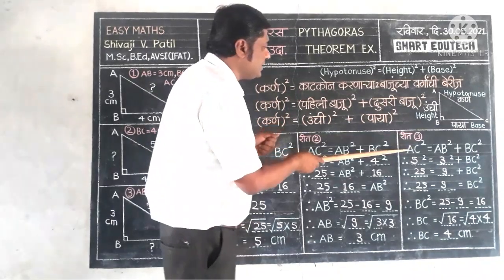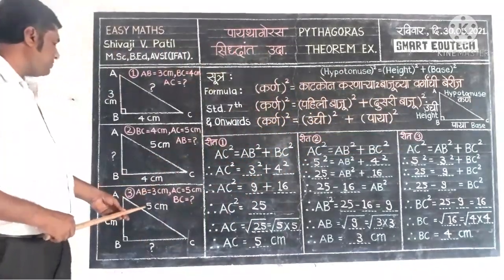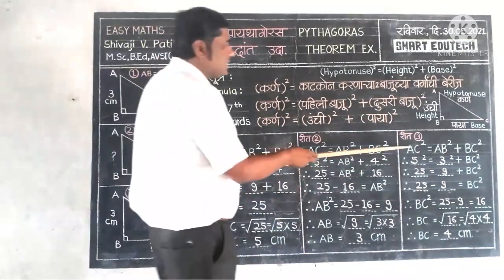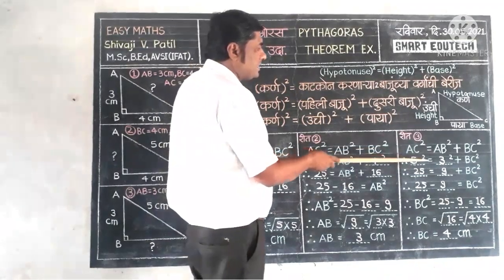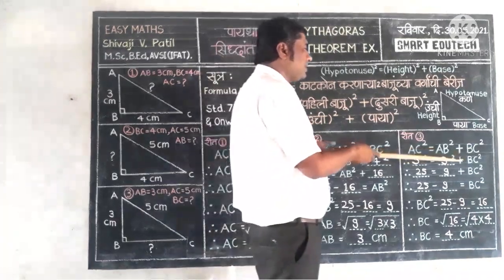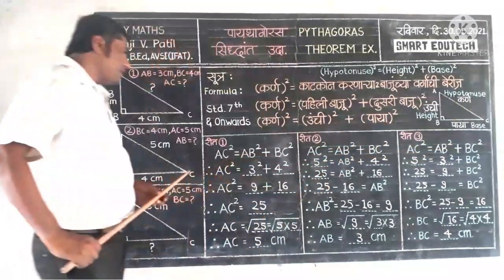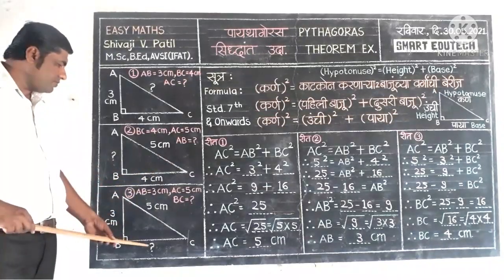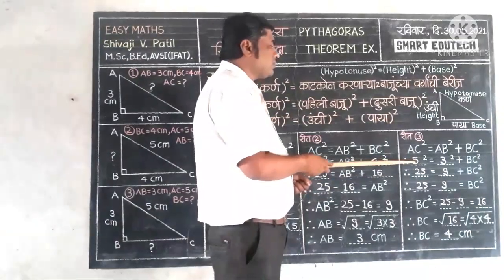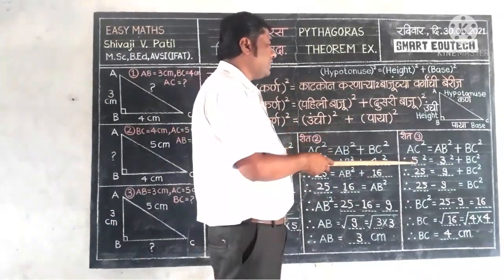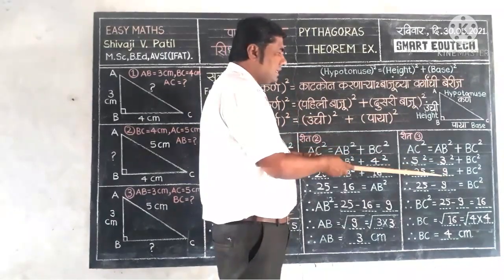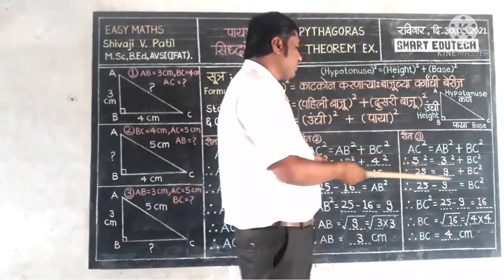Now what is the value of AC? The value of AC is given 5 and the value of AB is given here 3. So right here instead of AC you have to write 5 square is equal to, instead of AB you have to put the value of it, and that is 3 square plus BC square, right as it is, because we have to find the value of BC. Okay. Now, what is the square of 5? So, square of 5 is 5 5s are 25. That is equal to square of 3. 3 3s are 9 plus BC square.